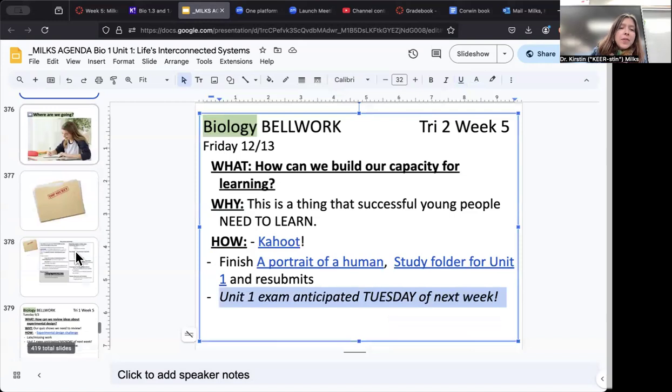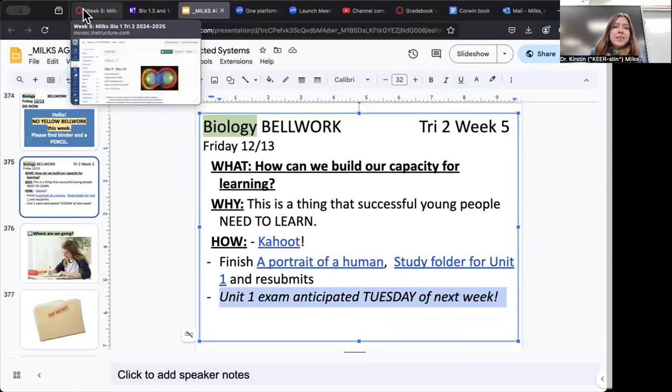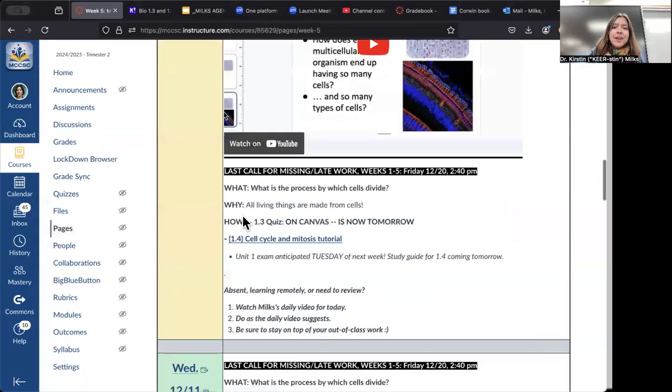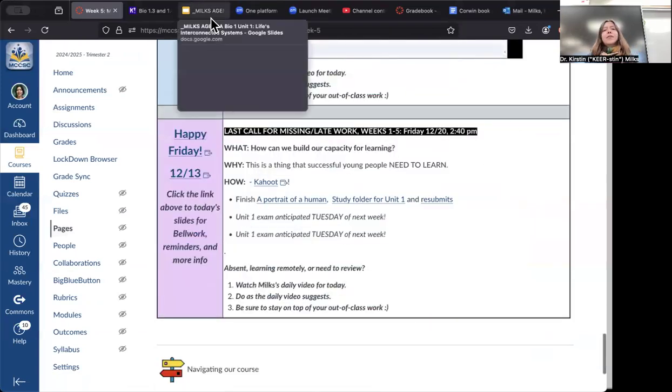Just a reminder that the last day for missing and late work, everything in Canvas that's due today or before for this class, is due next Friday at 2:40 p.m. It says it up here in black again and again and now again, right? That's the last call for missing and late work.